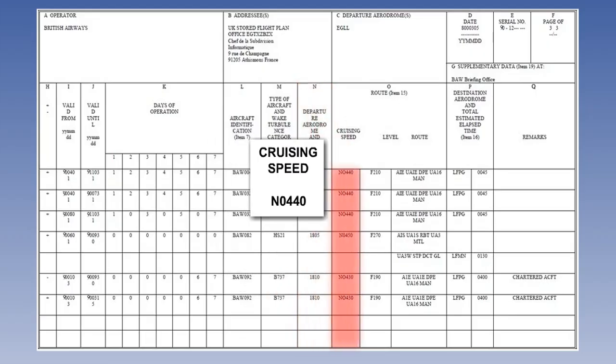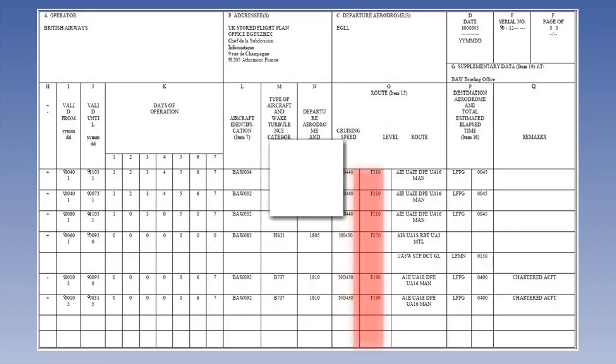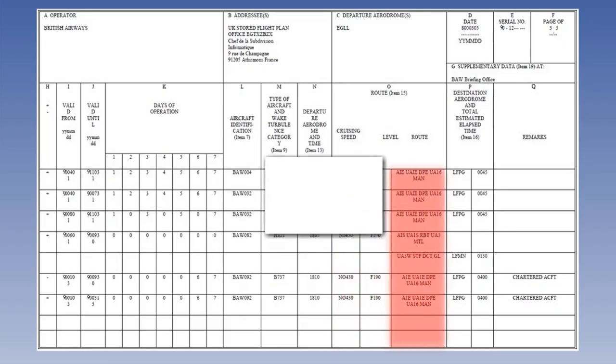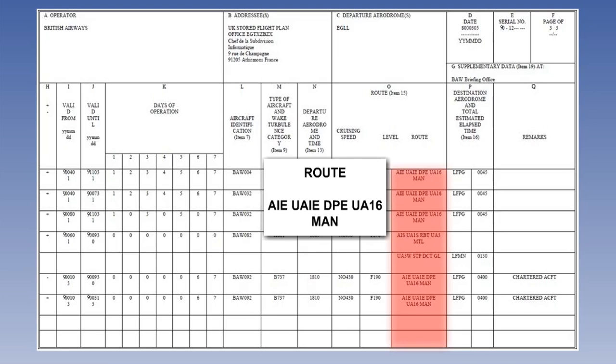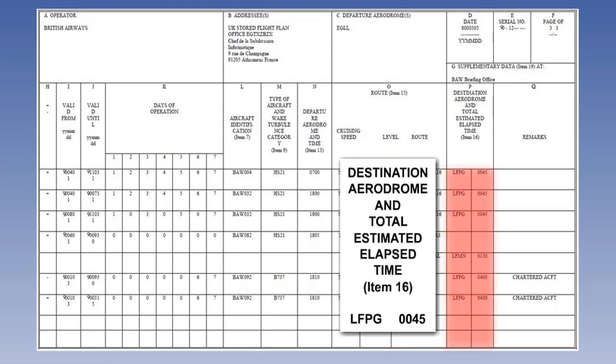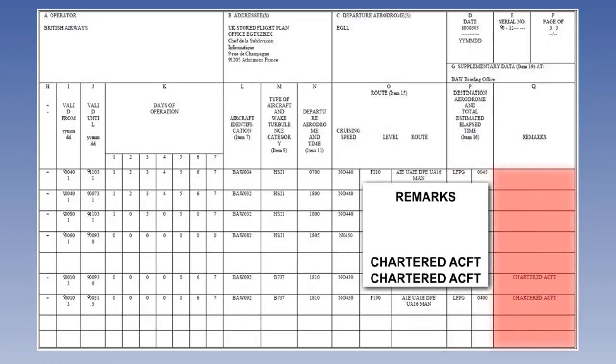In item O, you can see the route information, such as cruising speed, which is the true airspeed in knots, the same as item 15 in the ICAO flight plan, the level, and the route details. The last 2 items are the destination aerodrome and total elapsed time, which is the same as item 16 in the ICAO flight plan. And finally, the remarks item, item Q,